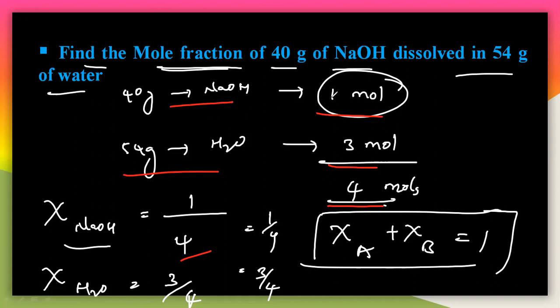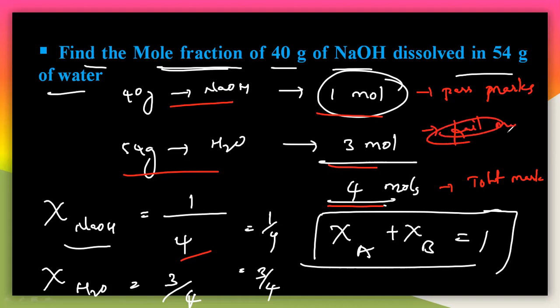So see here, in another way you can say that. To understand this, I will say simply like this. Let us take this 4 as the total marks, and this is the pass marks, and this is the fail marks, the remaining marks. Whatever he passed is only 1 mole. So see, the total marks is 4 marks. How can you calculate the pass percentage? He is getting only 1 mark out of a total of 4 marks. That is 1 by 4.